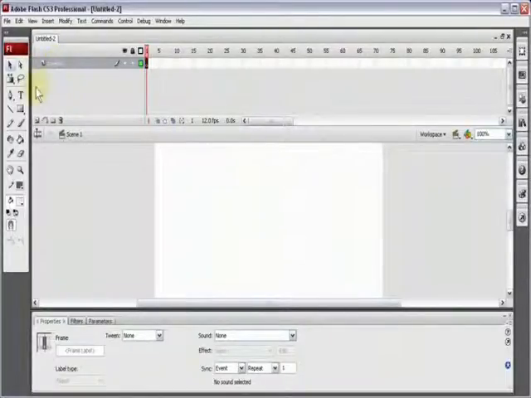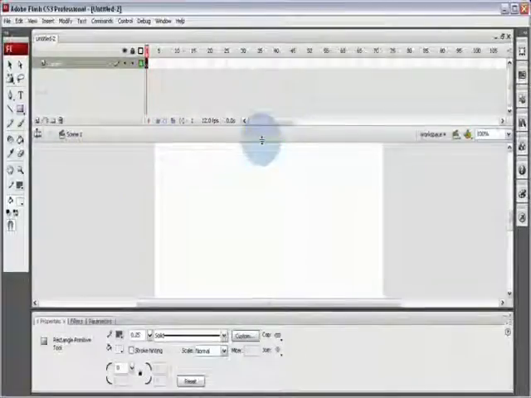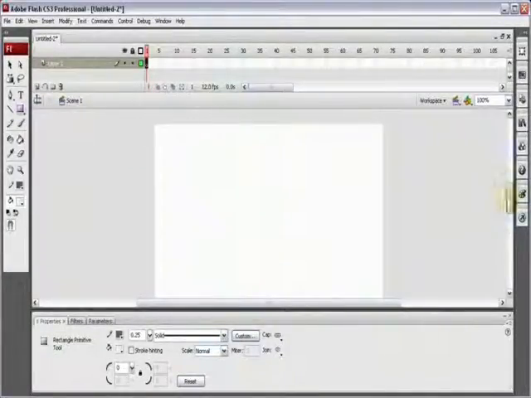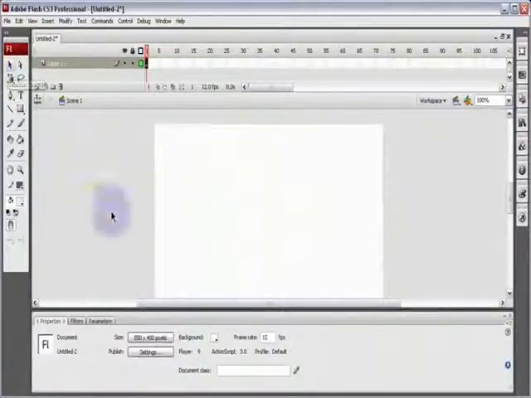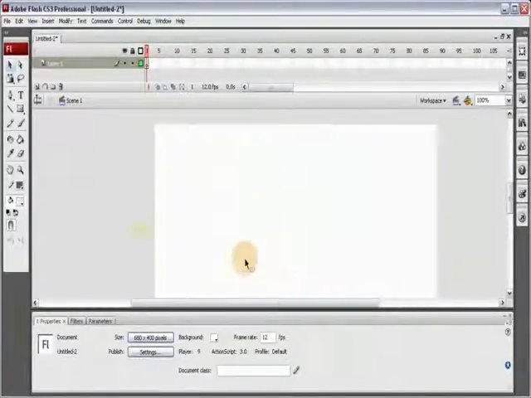So for a while, so this is the layer. So the rectangular tool, and I'm gonna change my document properties to 600 by 400. Then click OK. Then I'm gonna change the frame rate to 30, and then